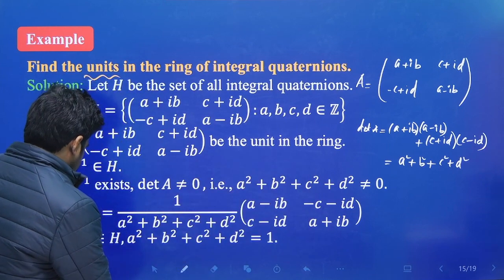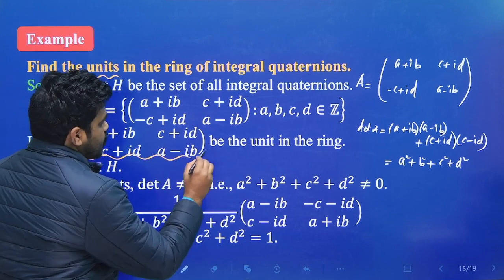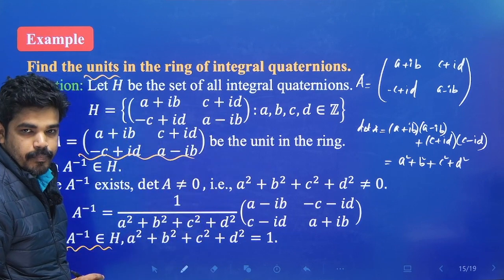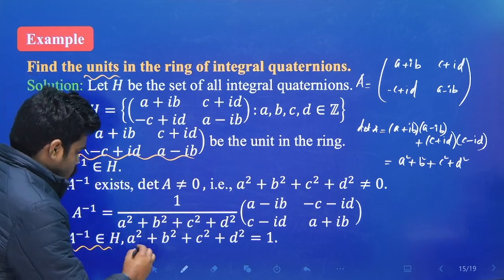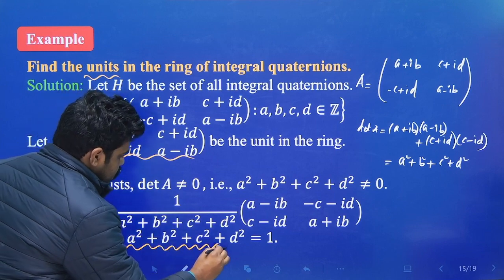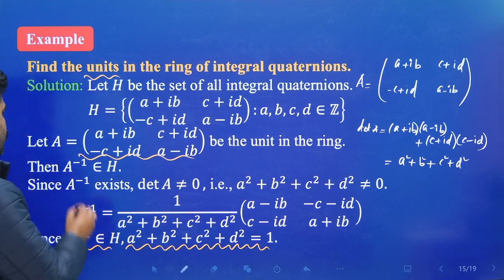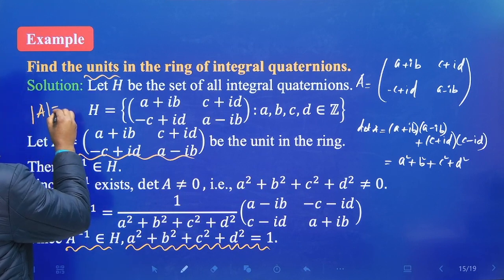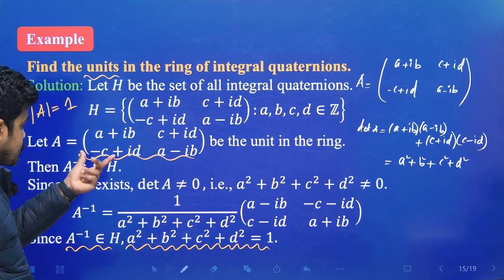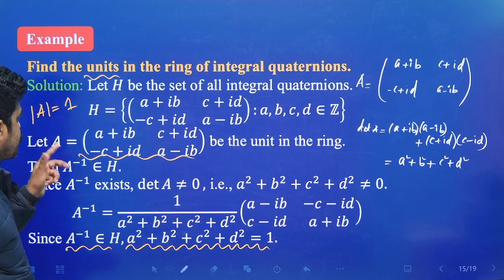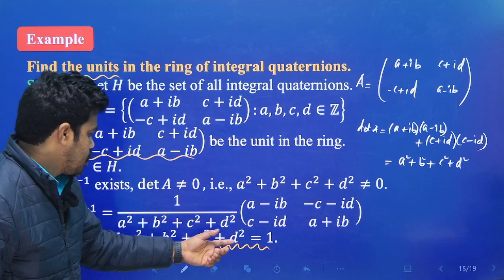Since a inverse belongs to H, because we consider A is the unit element, so A inverse must be belongs to H, so we conclude that a square plus b square plus c square plus d square is equal to 1, ঠিক আছে, because determinant of A is equal to 1, okay, ঠিক আছে, because this is a unit element, so determinant A must be 1, okay, so what is determinant A? Determinant A is a square plus b square plus c square plus d square, so that must be 1।